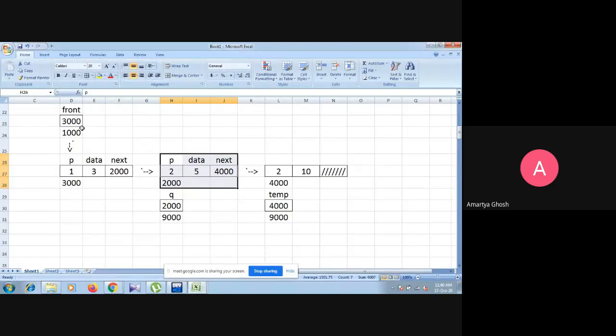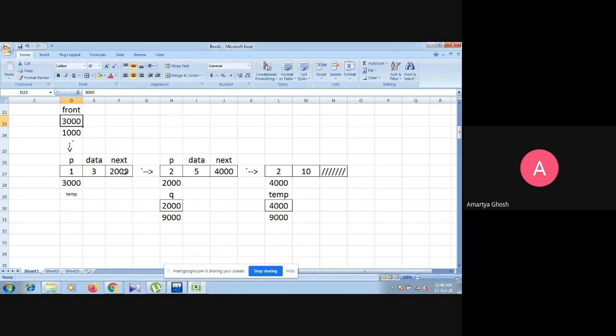Okay. So for that purpose, we need to set a pointer before deleting the first node. We have to set a pointer temp to the first node, that is, assign the base address of the first node that is contained by front into temp. So temp equals to front, and thereafter we have to set the base address of the second node that is contained by the next part of the first node.